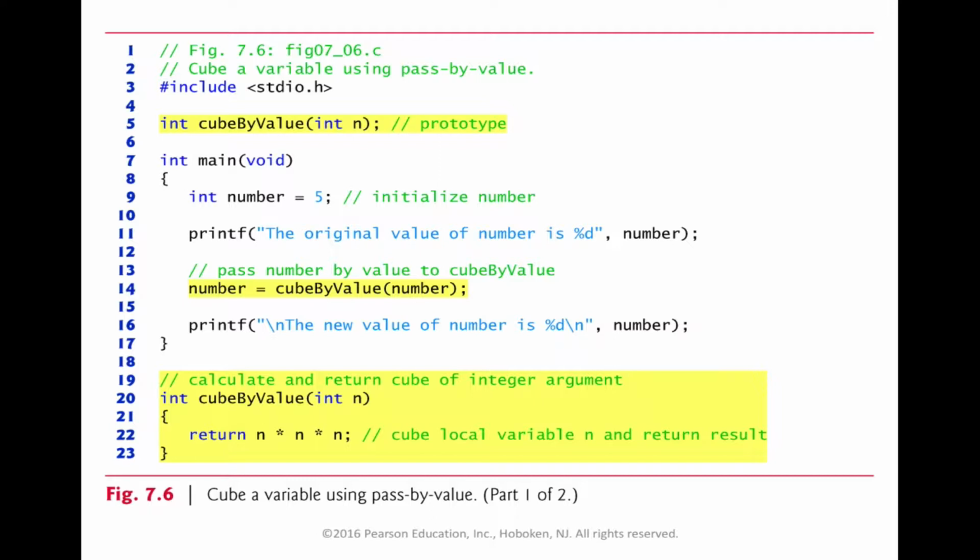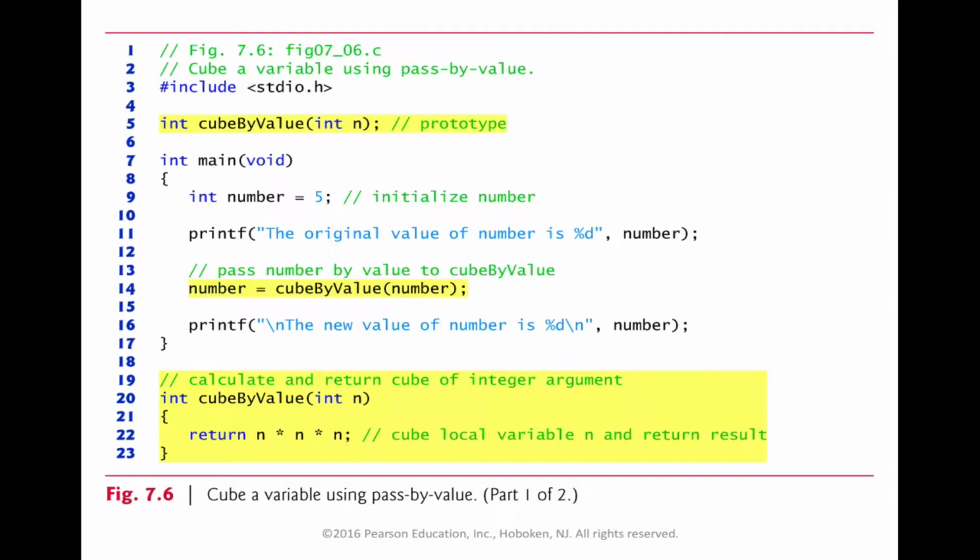So I've got this function called cubeByValue. You'll notice that it just takes a plain old integer as an argument, and it returns an integer based on its prototype. We have a value 5, we create a variable called number, and we set it equal to 5 in the main method. We print out that value. We call our function, provide it the variable number, and then we assign number the result of that function